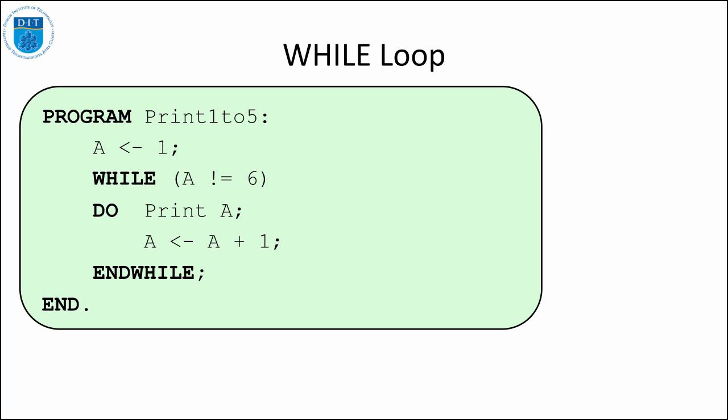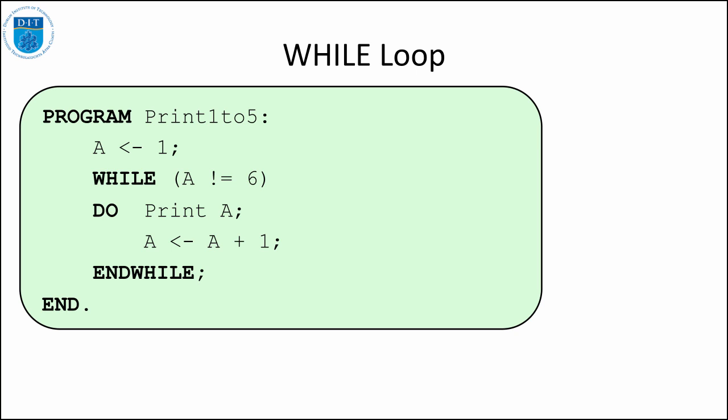But because 6 is equal to 6, that condition is no longer true. 6 is not equal to 6 is false, therefore we fall out of the while and finish the program. So we print out the numbers 1, 2, 3, 4, 5, and then we've got the entire